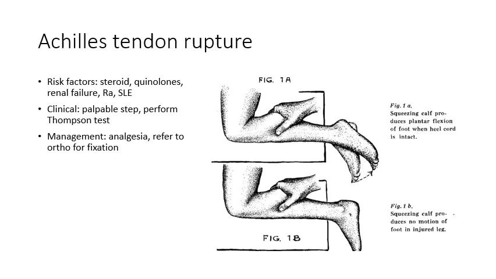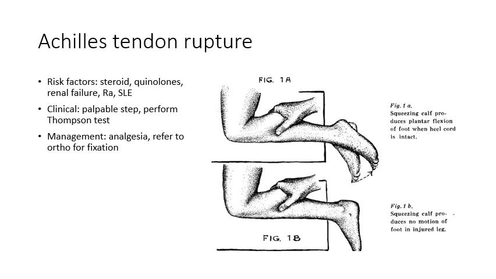Achilles tendon rupture. You can have Achilles tendon rupture. Risk factors are steroid use, quinolones, renal failure, rheumatoid arthritis, SLE. Clinically, you would see a palpable step. You can palpate the Achilles tendon and see an obvious step deformity, or you perform a Thompson test,